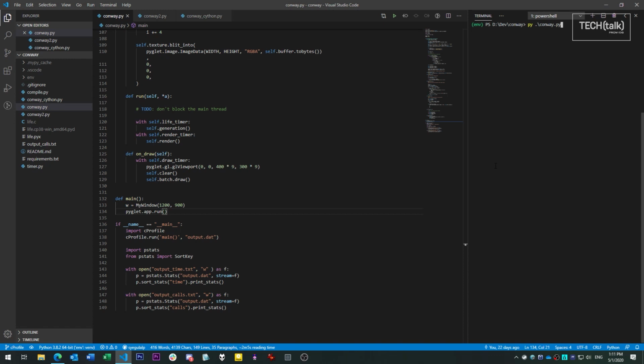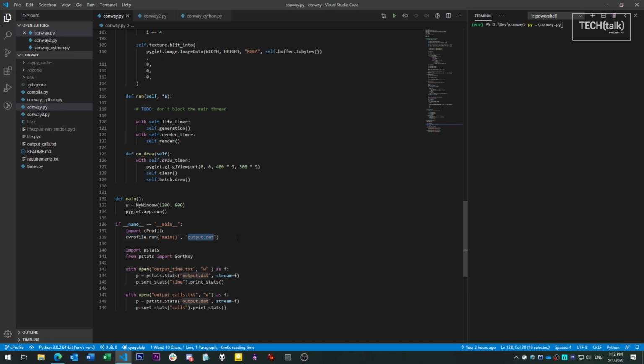For the first step, you can use cProfile from the command line, but it's often more flexible to run it from within the program you want to analyze. In this example, I'm just wrapping the program's main function, its entry point, with cProfile. cProfile.run will run the function supplied to it and then generate its trace information based on everything that happens in that function. Since that function is our program's entry point, we're in effect tracing the whole program's behavior. The results of the trace are written to a file named output.dat.